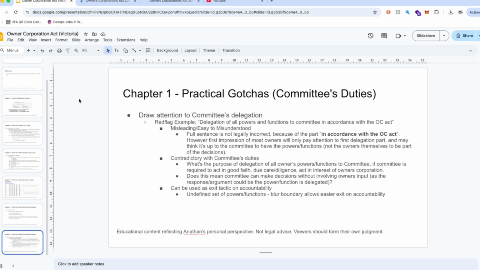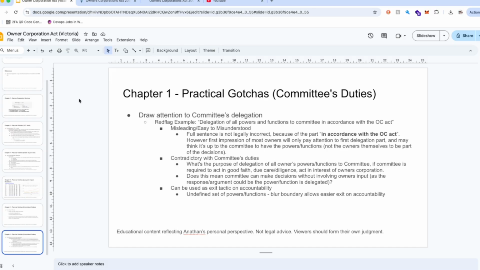Now, I will go into more detail about which powers and functions can be delegated and which cannot be delegated in future chapters. For now, I'll highlight this red flag example. If in your OC, in any document you come across this term, "delegation of all powers and function to committee in accordance with the OC Act," you should really pay attention